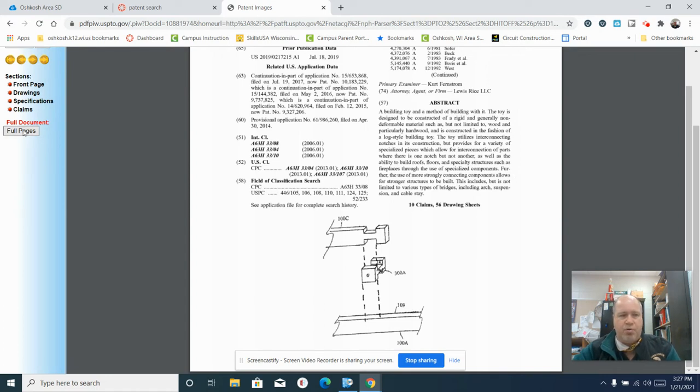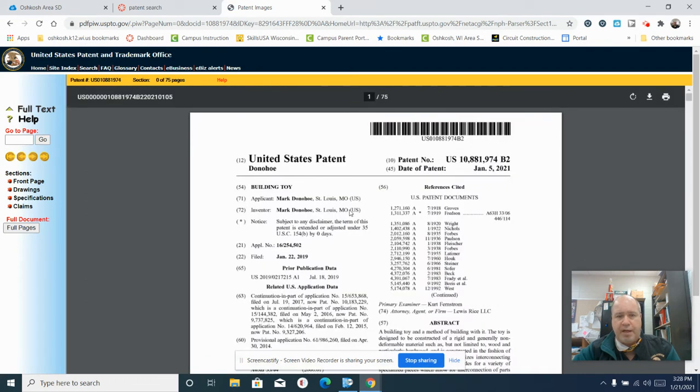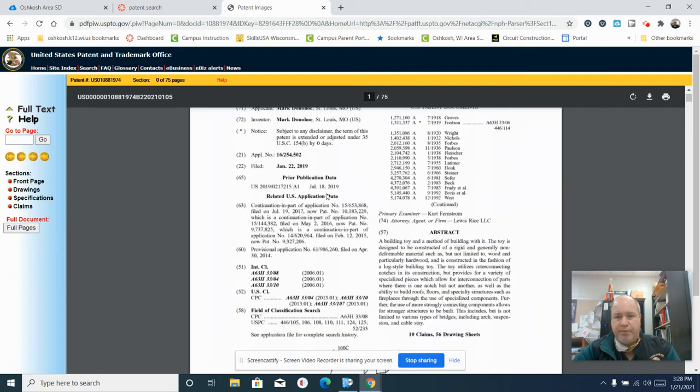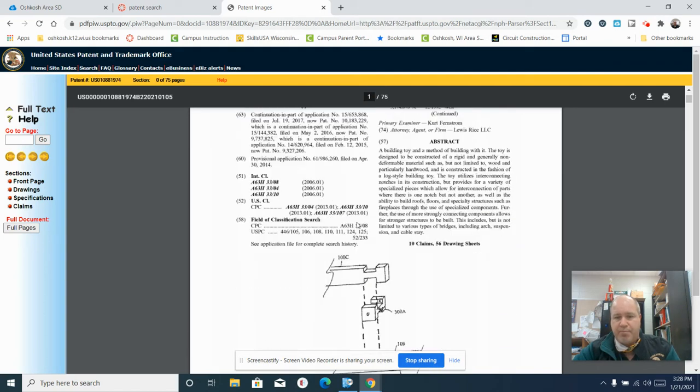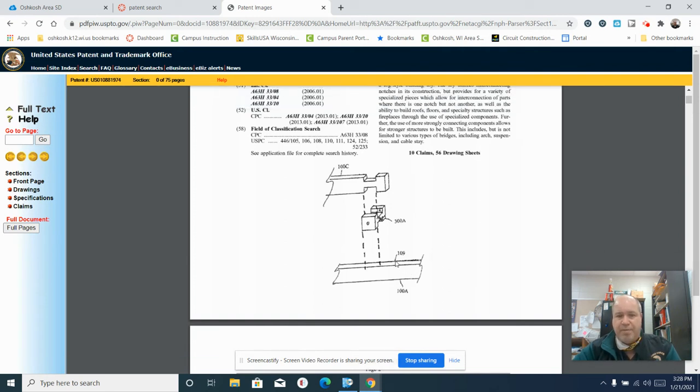I don't want you to go into the full page document. Now, if you go into the full page document, the first thing you have to understand is we have 75 pages. I don't want 75 pages. I just want the front page. The front page has the patent number information on there, has the abstract number on there, and you can see here it has the original kind of drawing of what's happening. 75 pages of this